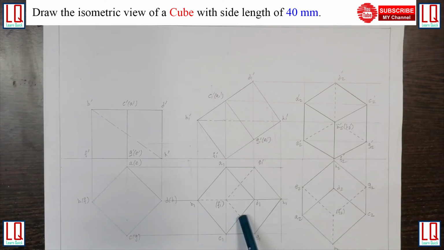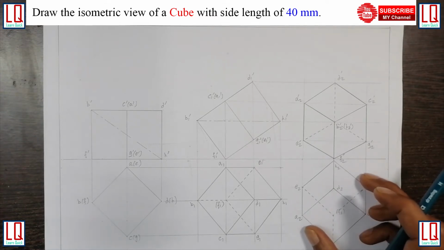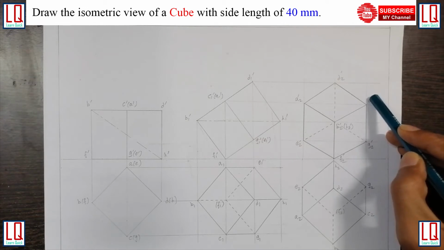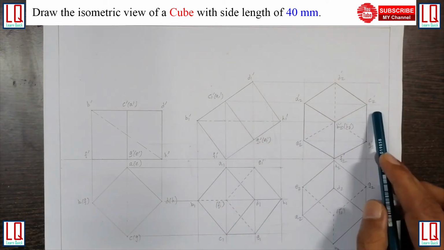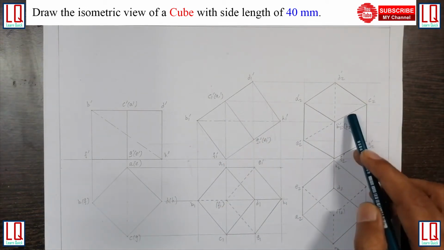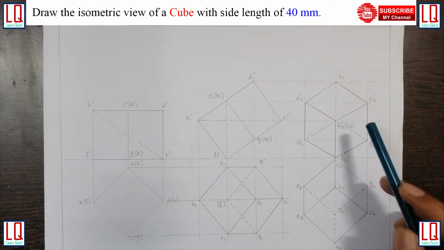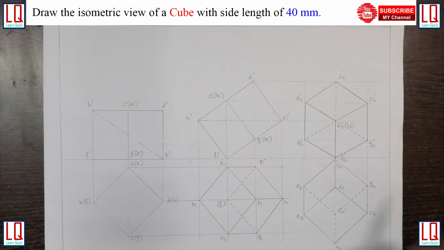Now from step 4 to step 5, I am going to rotate this 90 degrees. So I come up with this step 5, and in the final step, that is step 6, I project all the points from step 3 and all the points from step 5. I got step 6. Now if you compare this view, you can see 3 sides are visible.